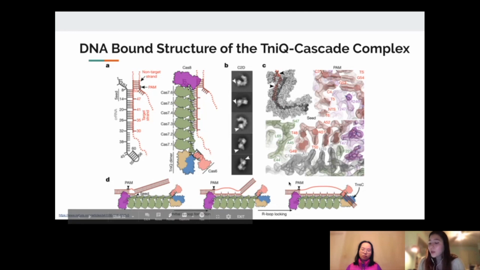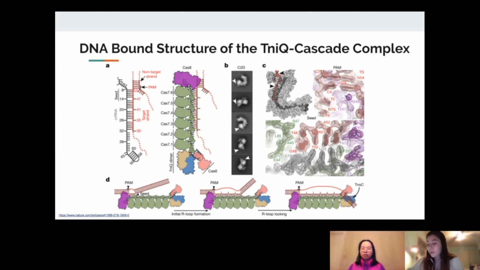So the cryo-EM structures of the CRISPR-Cas effector complex bound with TniQ, both with and without DNA attached, were analyzed through this experiment. And the structures revealed the presence of TniQ as a dimer that interacts with Cas6 and Cas7 in the Cascade complex. This structure is probably a recruitment platform for downstream acting transposition proteins, and there's possibly a